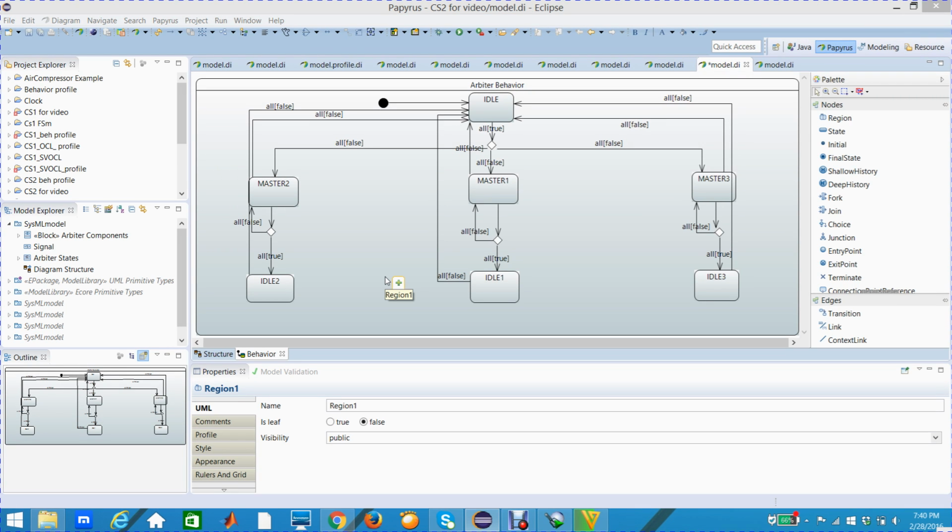Hello, in the previous videos we have modeled the structure and behavior of the Arbiter case study. A small portion of the behavior was left and we will try to cover that portion of the behavior in this video. So in this video we will be modeling that when the system is in idle 2 state or idle 1 state or idle 3 state, it can go to any of these master